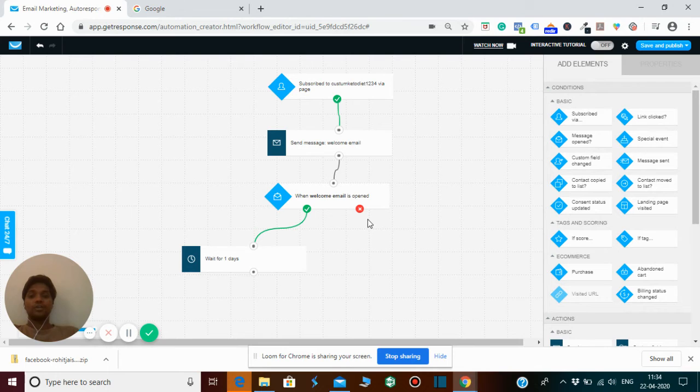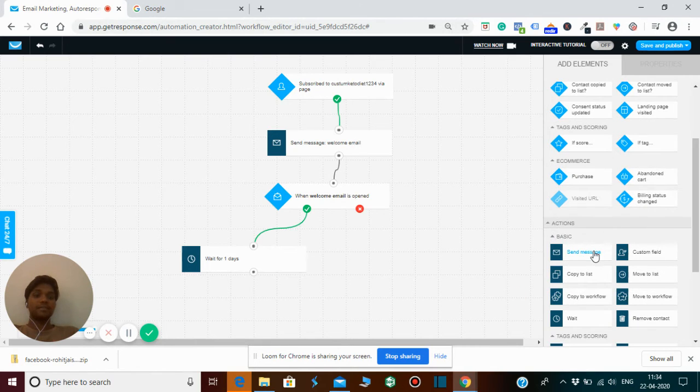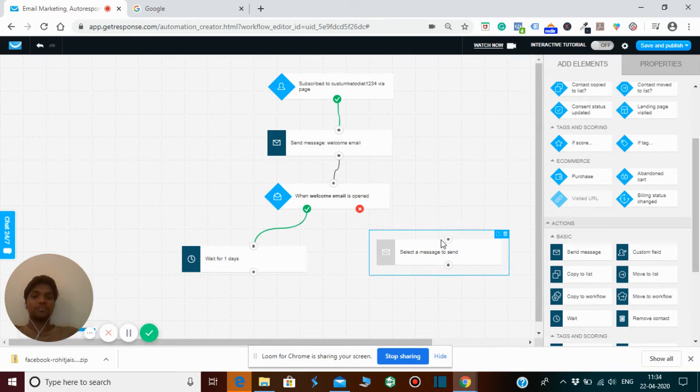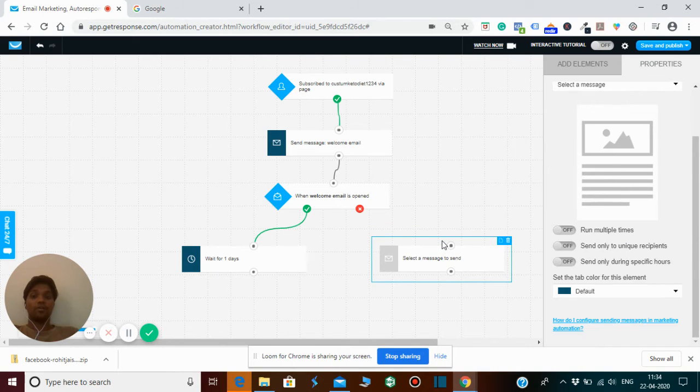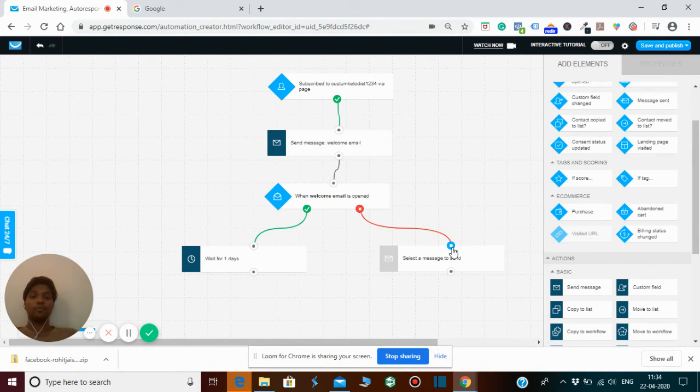All right. So if somebody does not open your email, that is the other case. Simply, you have to send a message again. But which message? Obviously, the welcome message. If somebody has not opened your message in 6 hours or 7 hours or one day, you have to decide that, and decide which message you want to send.